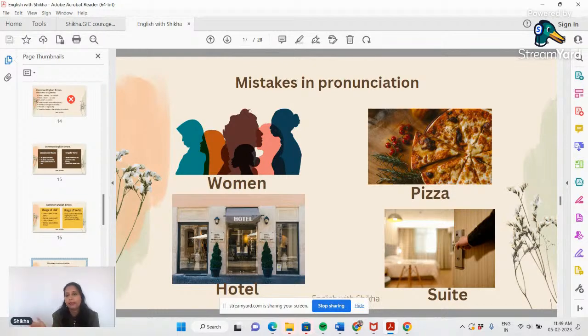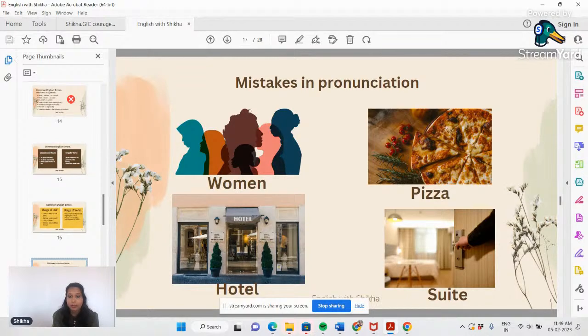Hotel. No, it is hotel. Hotel. Yes. Then suite. Many people call it as suit. It is not suit, it is sweet. Sweet. Okay. And holiday,